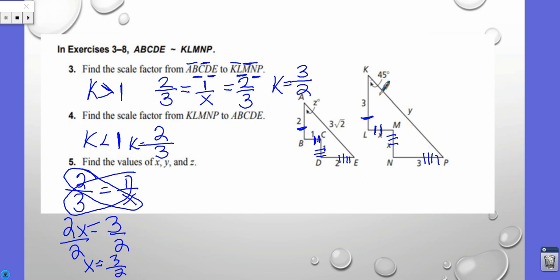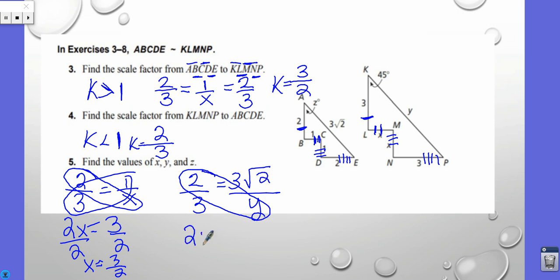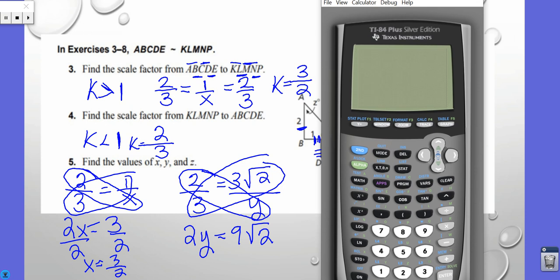Where is Y? That's this slanted side right here. So I'm going to choose one side to help me get my ratio set up. So I'm going to go from 2 to 3, small to big, should equal 3 square root of 2 over Y. I'm going to do the butterfly, and then I'm going to show you how you can use your calculator. So you get 2Y equals, and we need to multiply this, which is going to be 9 square root of 2. 3 times 3 is 9, and you keep the square root of 2 on. Or you can go to your calculator,